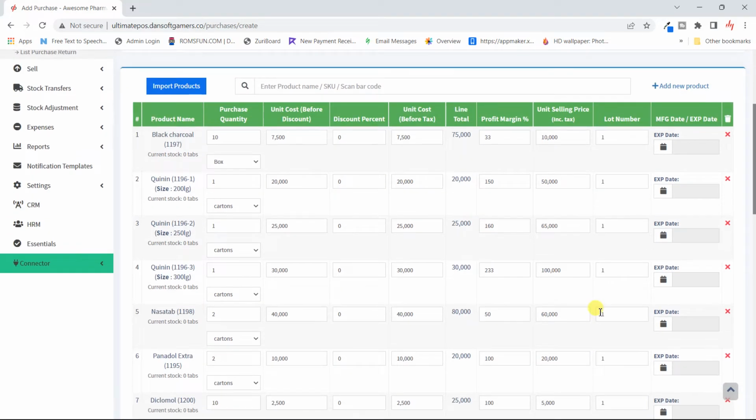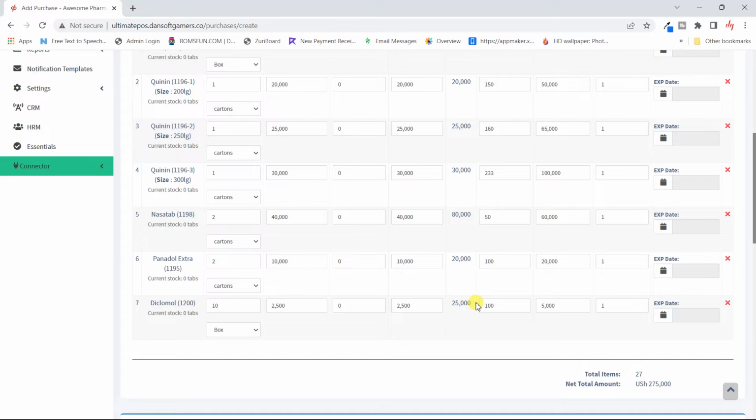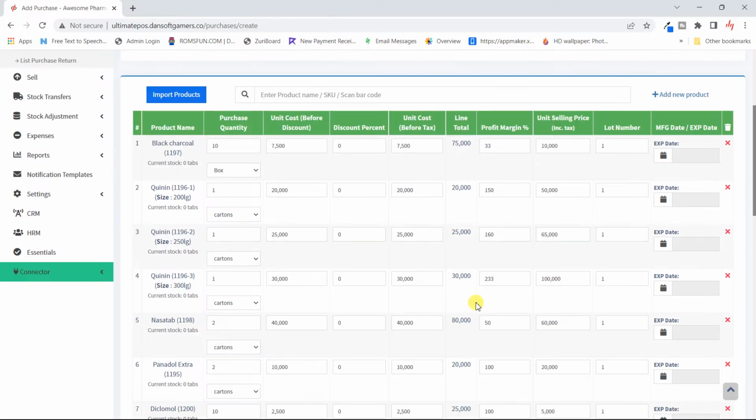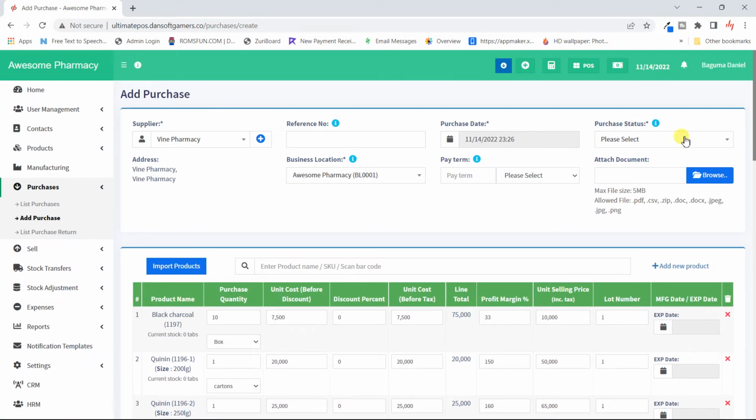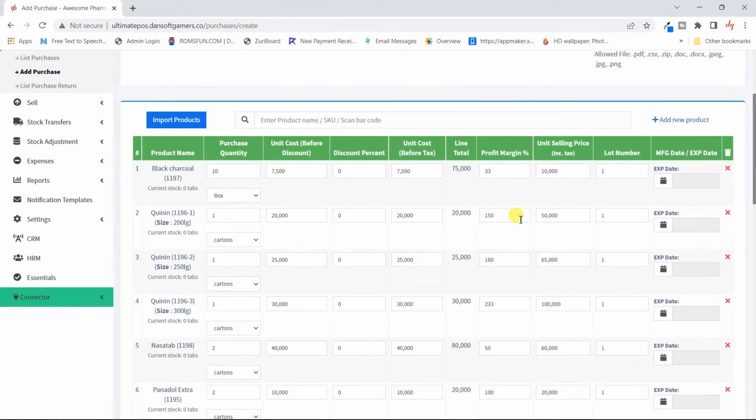restock, we shall know, okay, if we sell in a month and maybe a few tablets remain of this and this and maybe a few more, we shall know when we make a restock that the ones that were in the first batch have to be sold first, because we selected the FIFO, the first in first out. So having those set up, we can go ahead and say this is ordered, and then